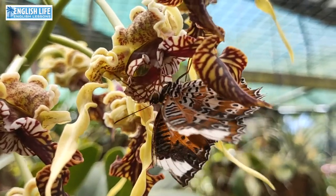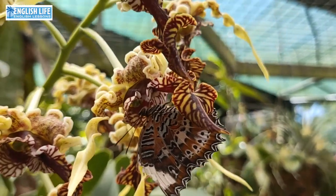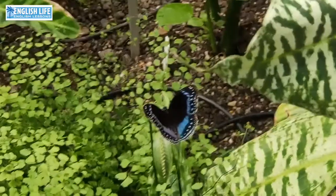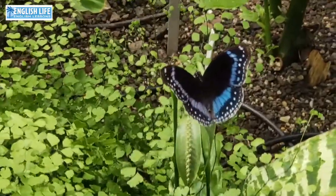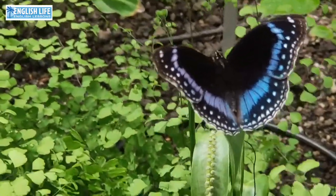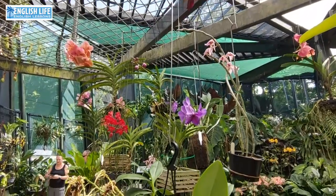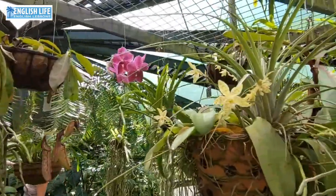See it moving its head, drinking away. 頭動いてるでしょ。もう一生懸命飲んでる。This is paradise for the butterflies. もう蝶々の天国で。Wow, that is really fantastic. 素晴らしいですね。Look at that blue. そのブルー見てほらすごいでしょ。There's some of these really big bright orchids and then there's some really nice small ones